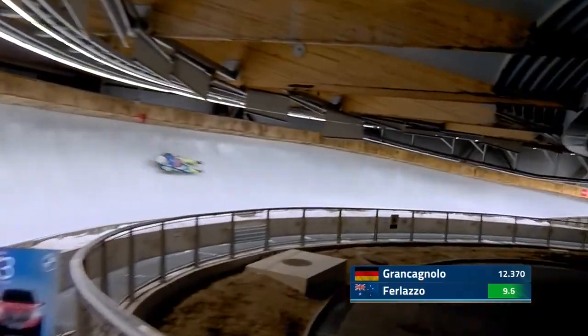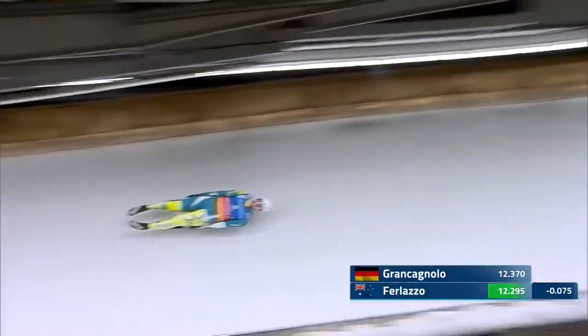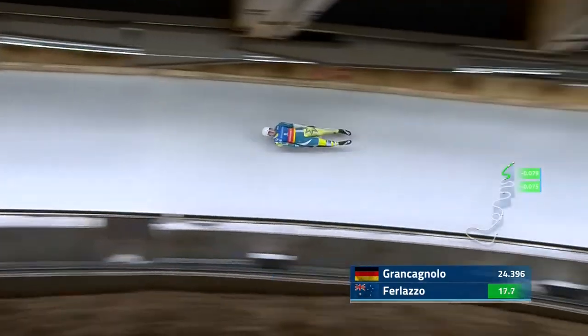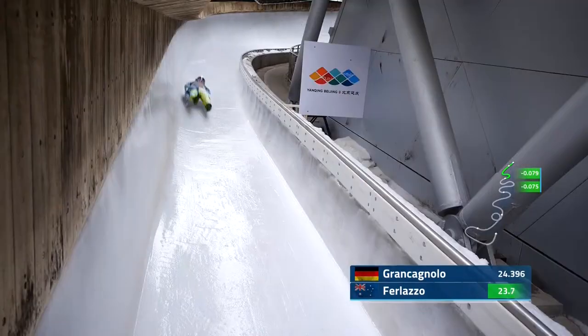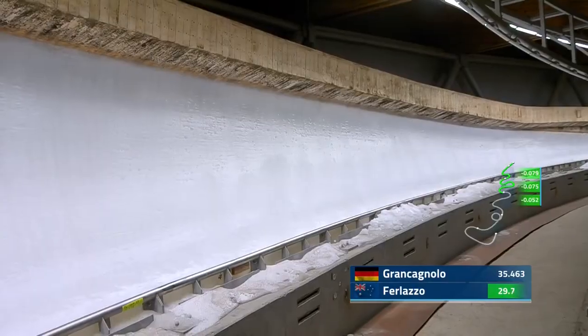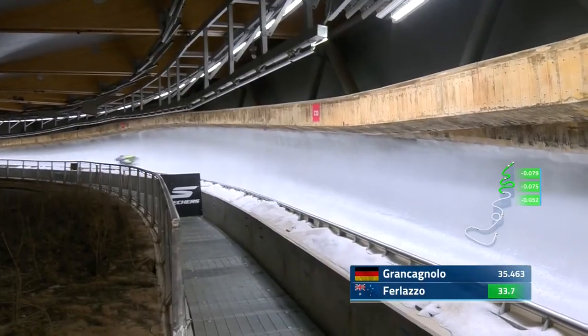Alex Filazzo with a big start there, straight into the green, little high in 2, but doesn't affect him too badly. And moving into the lead by 700. Good position as well. Yes, he's always having a good position. It's like the Canadians and the Americans have as well. Yeah, Alex Filazzo was with the Canadians this year in a partnership, now being coached by the Americans, while we're